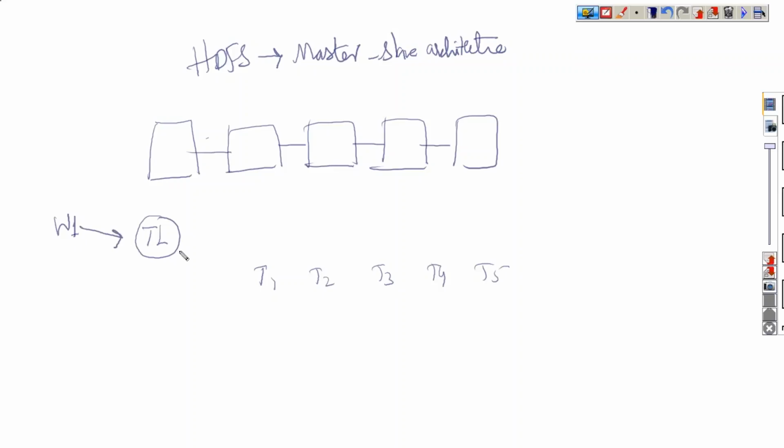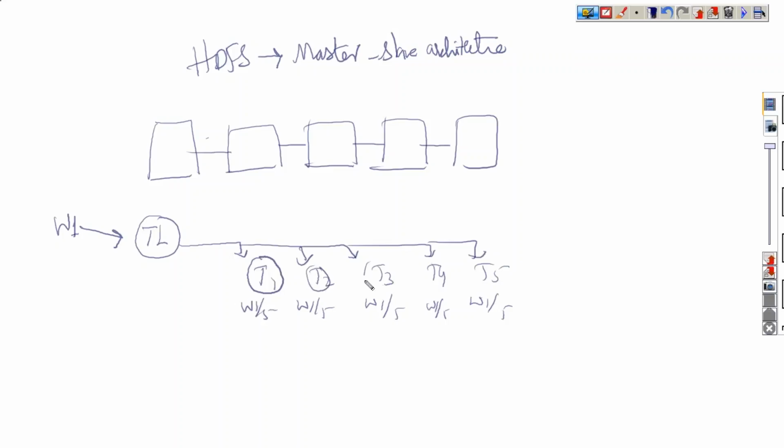What will the team leader do? The team leader will divide that work 1 among 5 people, one part each. At the same time, whether a team member is doing the task or not, who has to monitor that? The team leader has to monitor that.